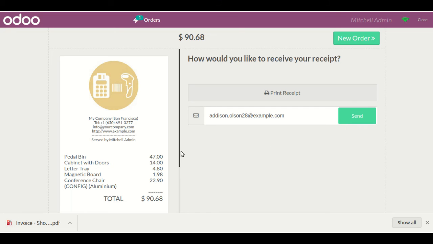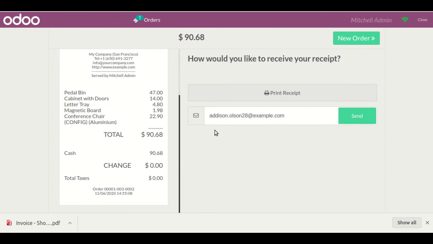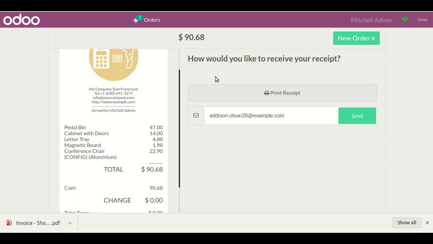You will easily be able to see that this cash method is successfully selected as the payment method, and for that particular cash method the payment is done for this particular point of sale session. So like this we will be able to configure our payment groups and define different kinds of payment journals over there.